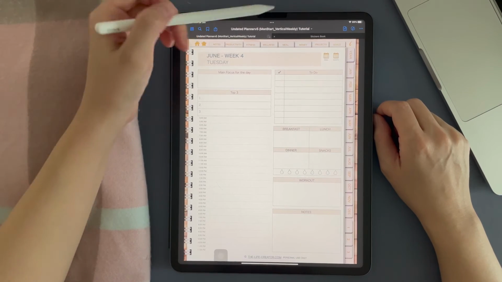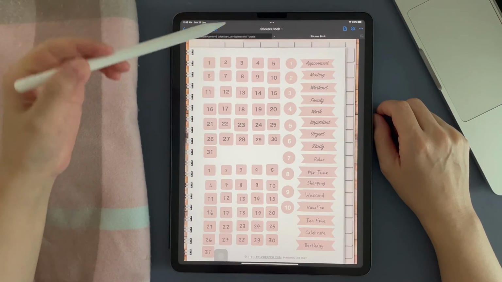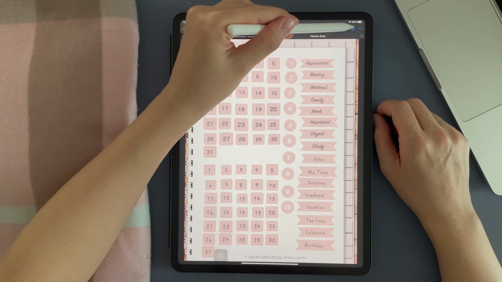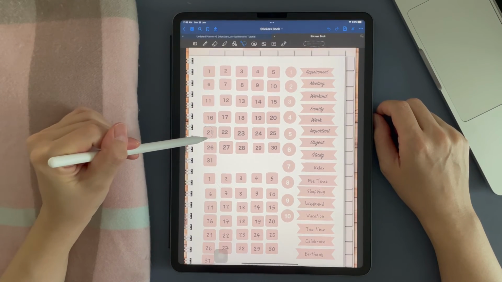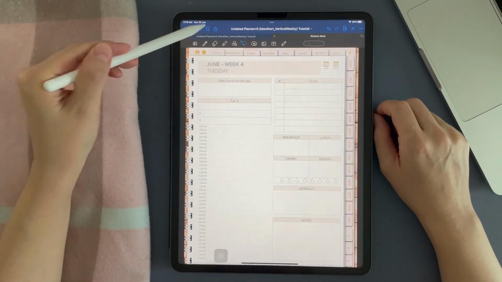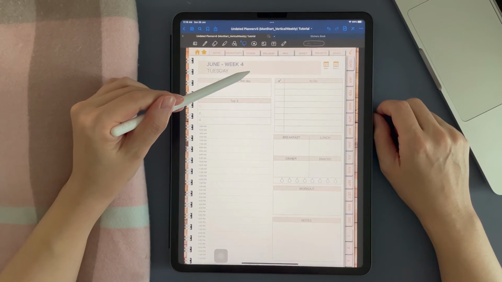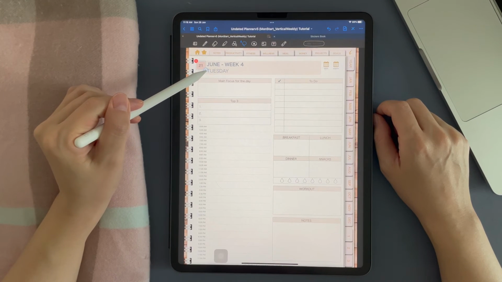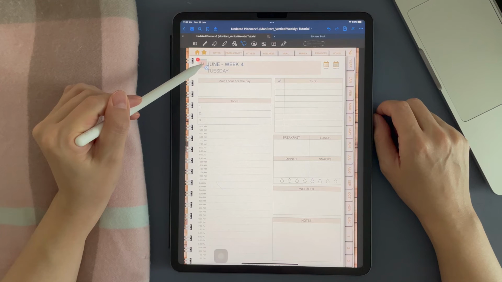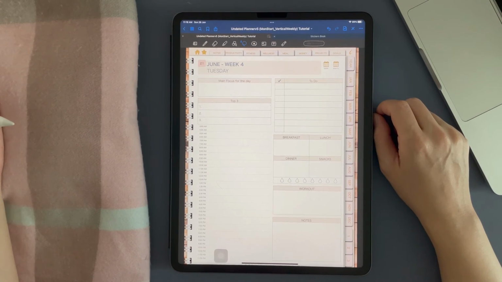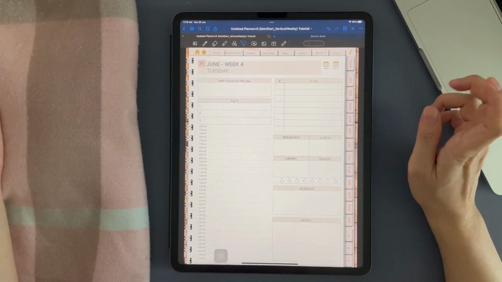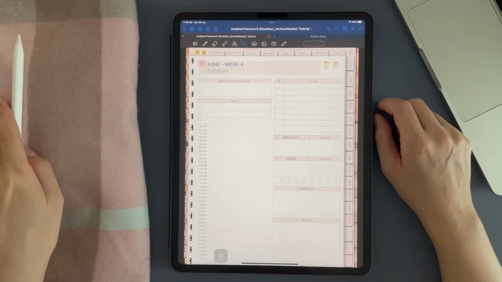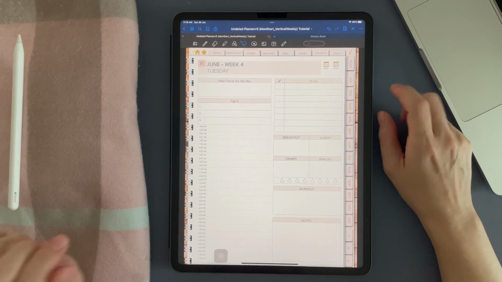So you can also use the sticker here. Select 21st. Copy, go back to the page, paste on where you want to put the number. I would like to put it here. Okay? So I hope this is useful for